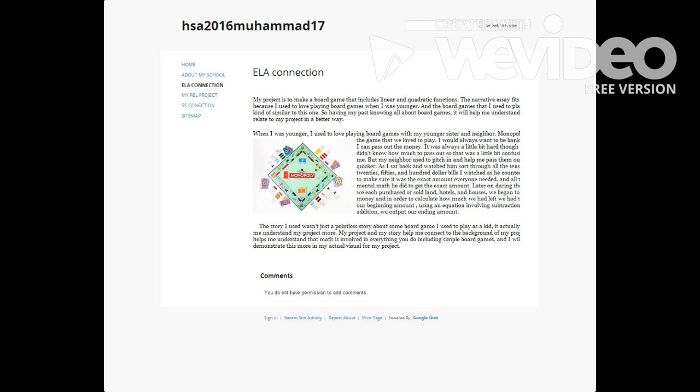My project is to make a board game that includes linear functions, quadratic functions, and negative adders. They fit perfectly because I used to play Monopoly, a game similar to this one. So having past knowledge about board games will help me understand and relate to my project